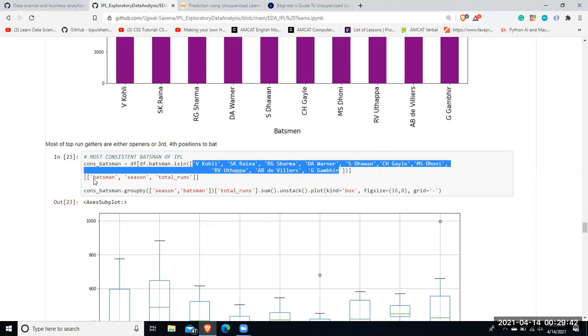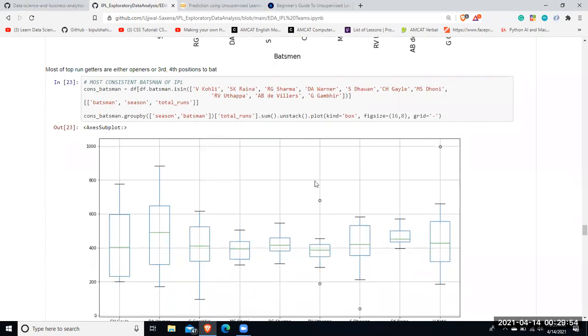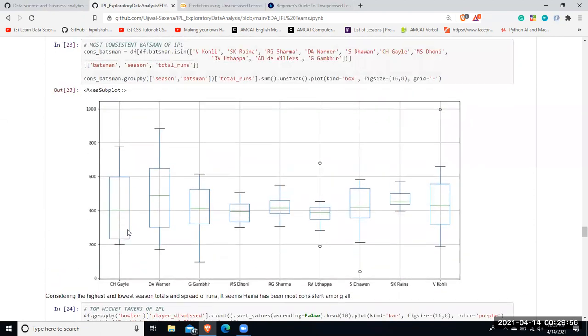Then I defined another list consisting of batsman, season and total runs to categorize and make a box plot representing their values, right? So here I've plotted a box plot, and as you can infer from the box plot, since this value is minimum, this shows the best way of representing a value.